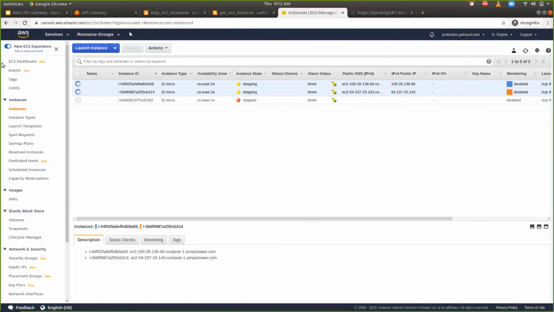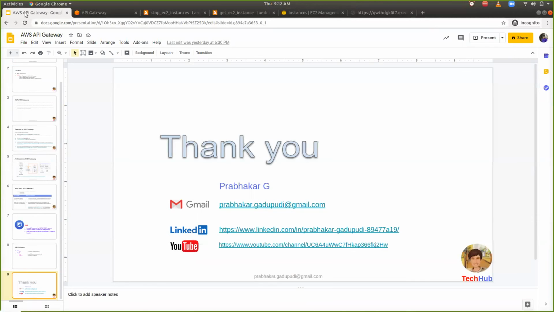So this is how we can create the Lambda functions, create API gateways, segregate our traffic to the different Lambda functions, and trigger the Lambda functions with the help of API gateway. Based on your API, you can perform some actions, like stopping an EC2 instance, inserting data into the DB, or getting data from the DB, as well as assigning additional roles to the end users and provisioning EC2 instances. Lots of things we can perform by using APIs.